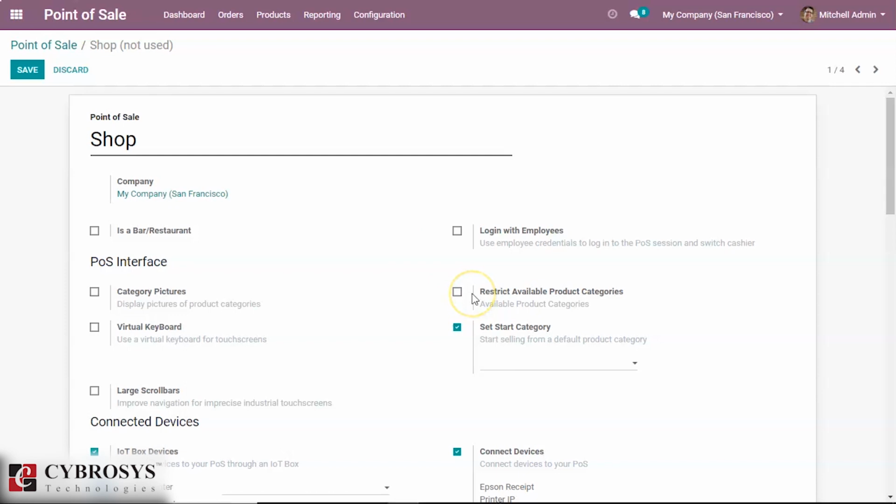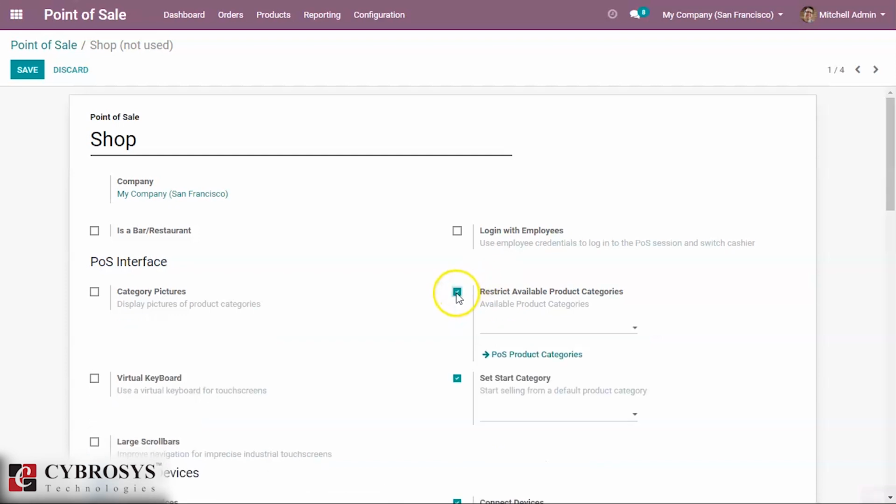Here is an important option, that is restrict available categories. To restrict products in our session we have to enable the option, and after enabling it we can see a select box here, and the POS session will only display the product categories which we select here. Then we can select here, so that the category chairs will only display in our session. We can see that after saving this,